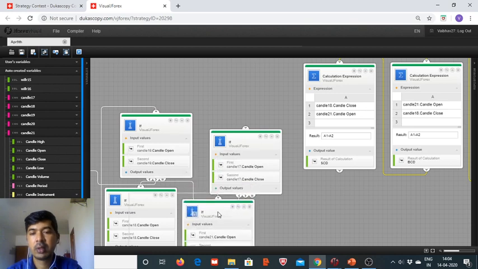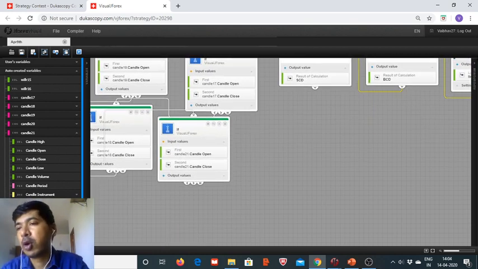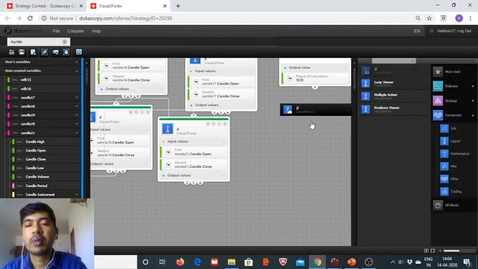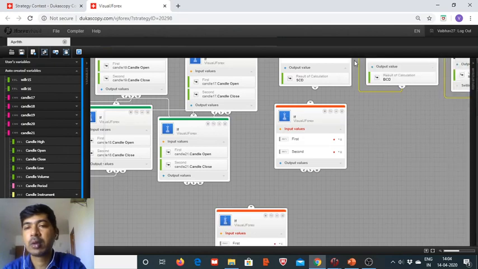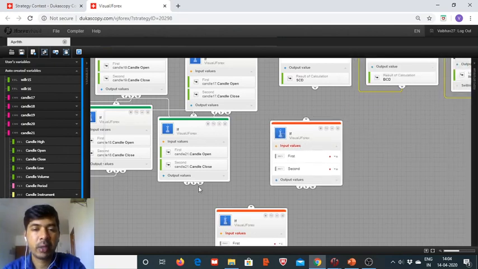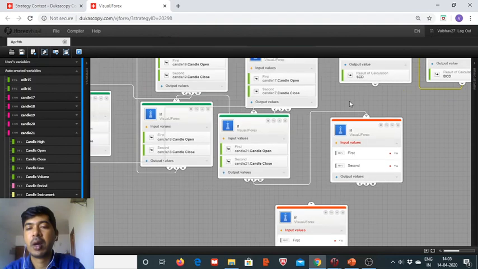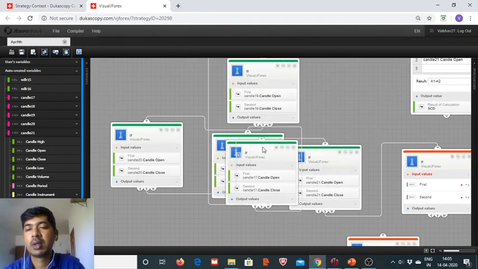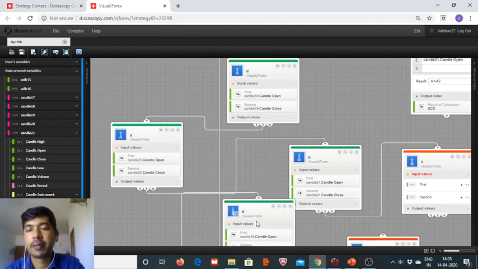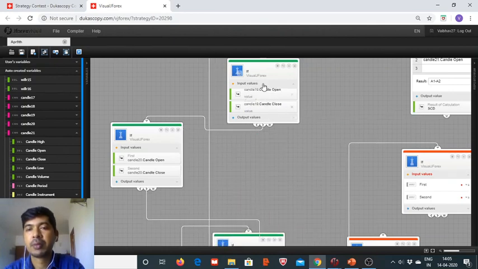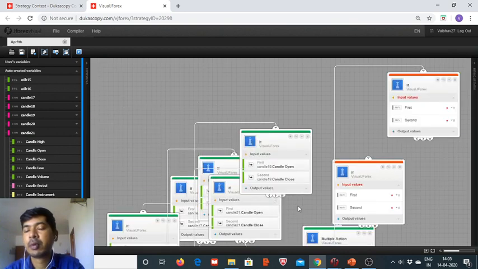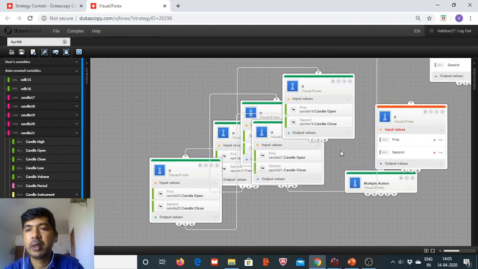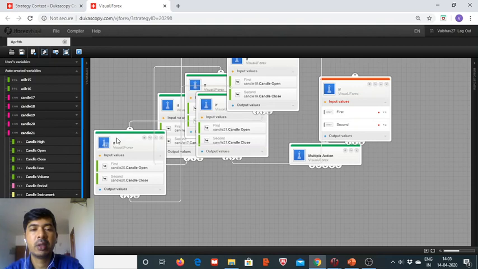So we are pretty much done with the checking of the values. Now we need to take 2 more if blocks for the requirements of the Williams R. So here we got the 2 more if blocks, and the candle open should have been greater than the candle close. Let's take this block where they belong. Okay, let us arrange this and then we will